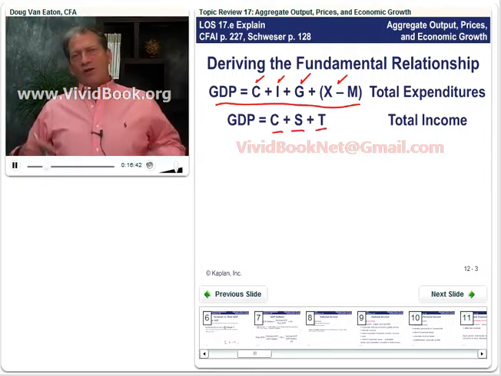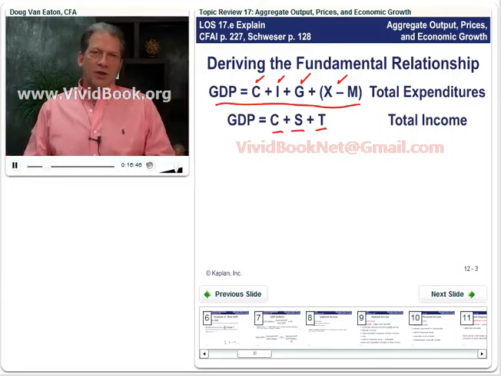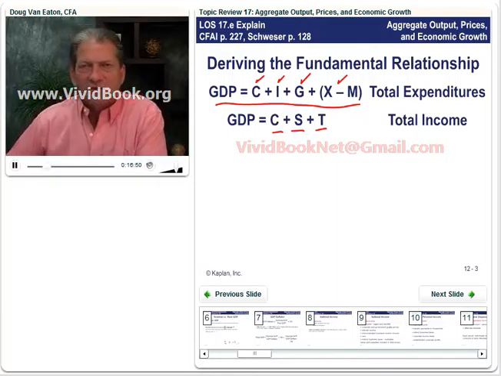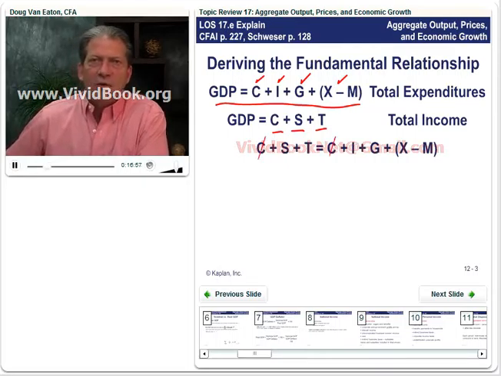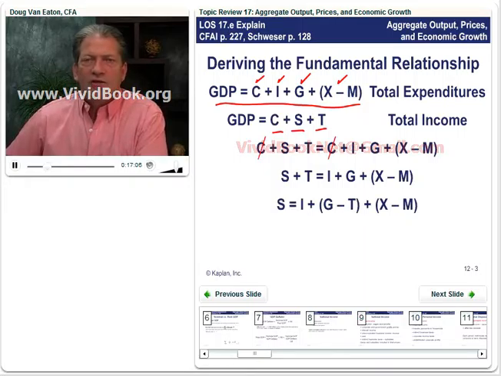So of all the GDP, what do people do with it? Well, they either consume with it, or they save it, or they send it off to the government in the form of taxes. So we're going to take these two and we're going to put them together and cross out those C's, they're going to cancel out. We subtract that from both sides, and this is what we end up with. We do just a little bit of rearrangement on this and end up with this right here. So this is kind of a big deal too. We'll see this in a couple of forms.